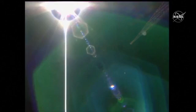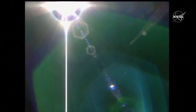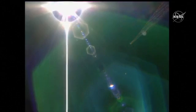And to recap the autonomous undocking events today, the unpiloted Dragon cargo vehicle was set free from the International Space Station at 9:40 a.m. Central Time while flying over the South Pacific Ocean. Dragon then executed a series of undocking and departure burns to move it to a safe distance away from the space station. The Dragon exited the keep-out sphere and at the